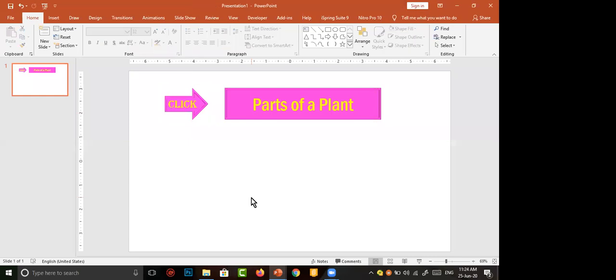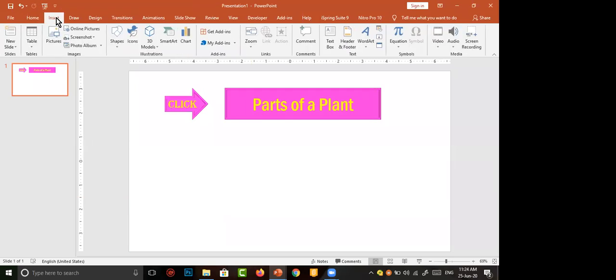Then what is the other thing present when the slide opens is the plant picture. Already I have downloaded it. So we have to insert a picture. We have to move to Insert, then click on Pictures.